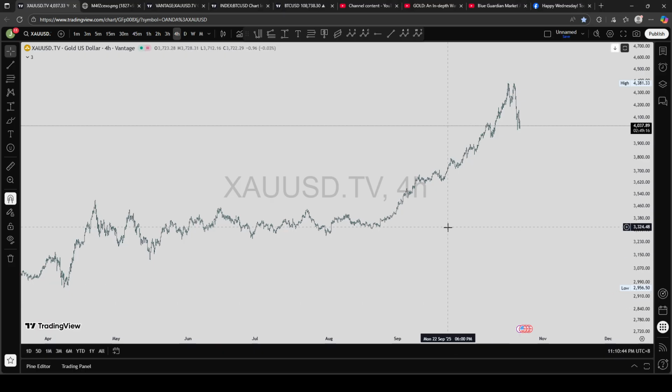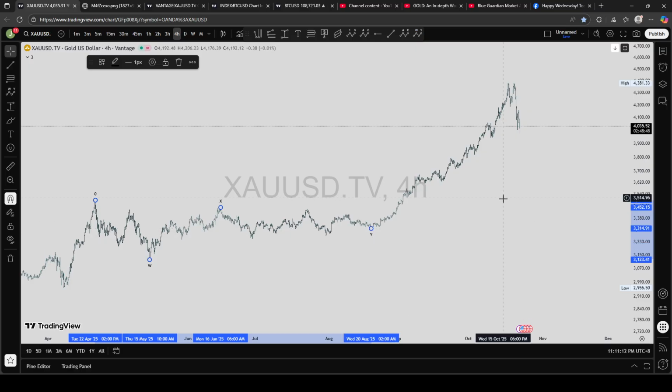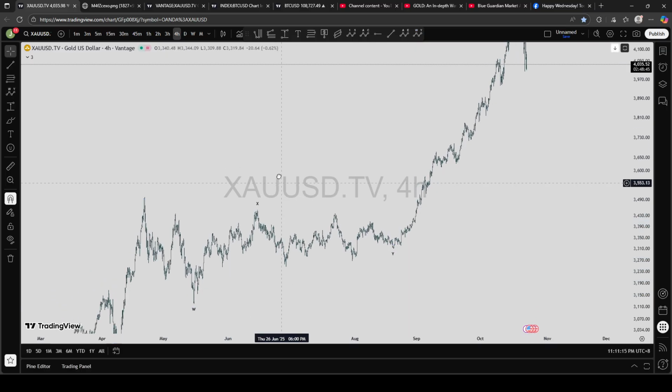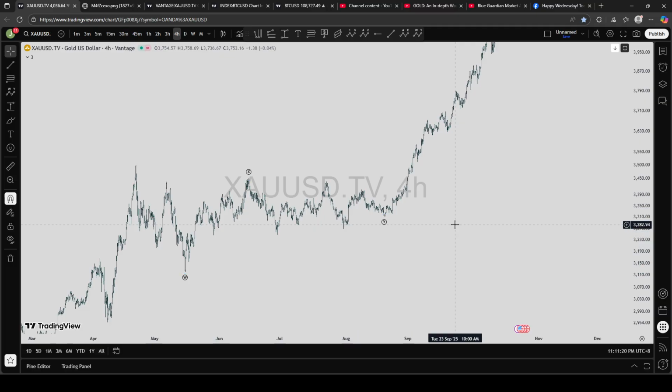From a 4 hours time frame perspective, so that you will understand the market structure. Okay, so let me start with the structure that I've mentioned in my previous analysis. I treated this market not as a whole triangle, but as a WXY correction wherein the Y is a triangle.